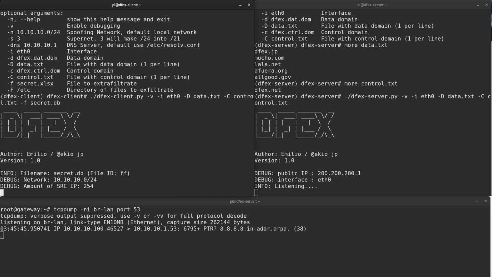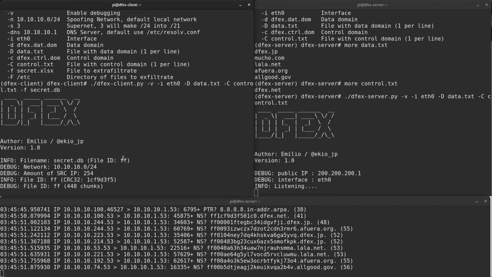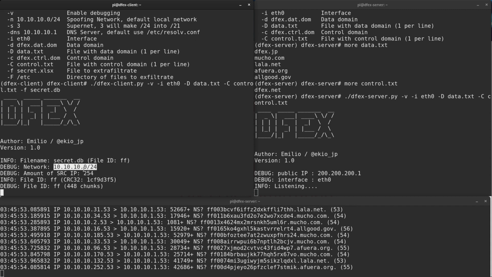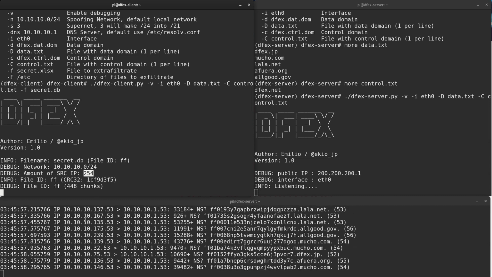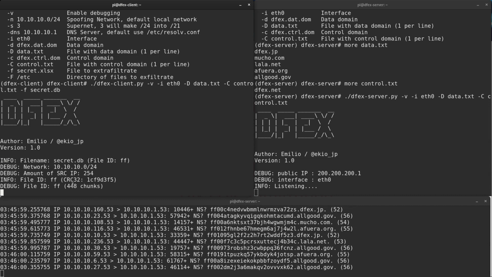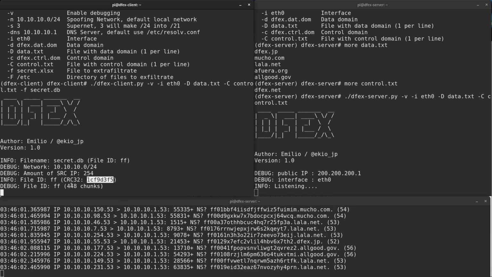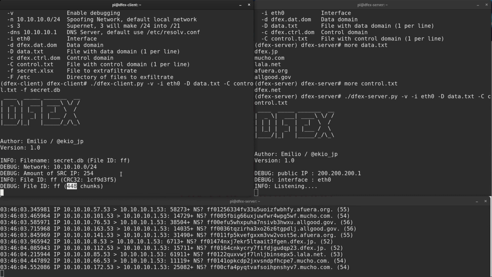What it's going to do is assign a file ID randomly, FF. And this is the network I'm going to use. And I have 254 IPs available to spoof. And there's a checksum of the file, and there are 448 chunks that I'm going to send, right?